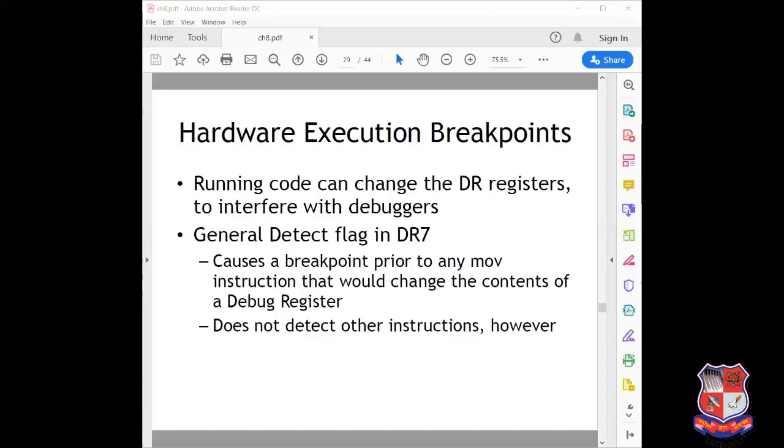The debug control register, DR7, stores the information whether the values in DR0 through DR3 are enabled, and whether they represent read, write, or execution breakpoints.